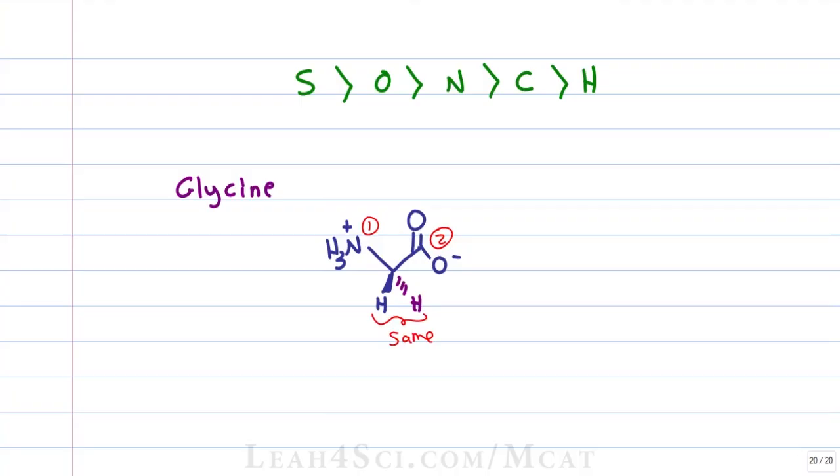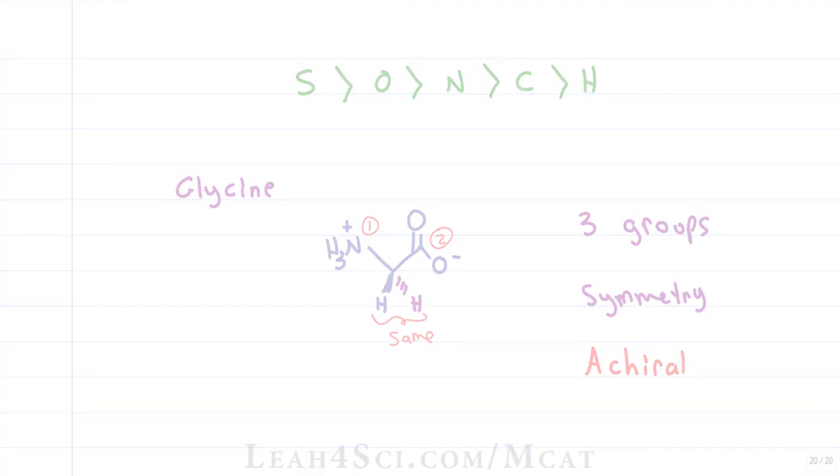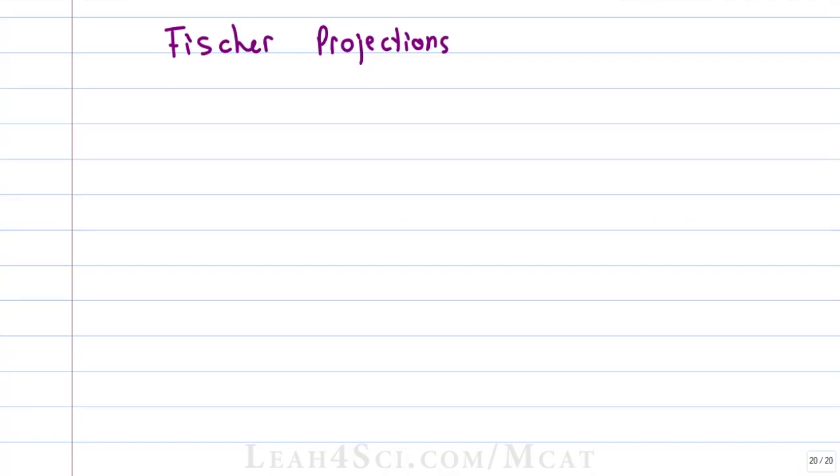The answer is neither, because we have 2 of the same substituents. That means we do not have 4 unique groups on carbon, we have 3 unique groups. The molecule is symmetrical, and with symmetry we get achirality. This makes glycine achiral. In organic chemistry, you focus mostly on R and S, but with biological molecules we prefer to put